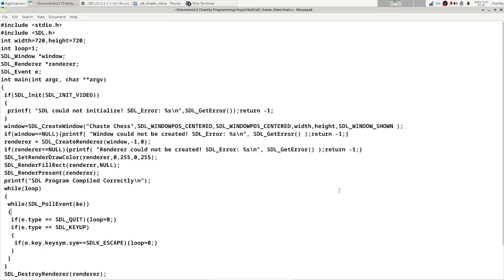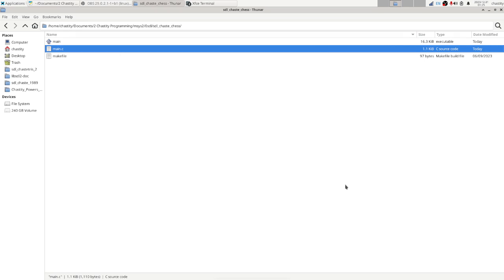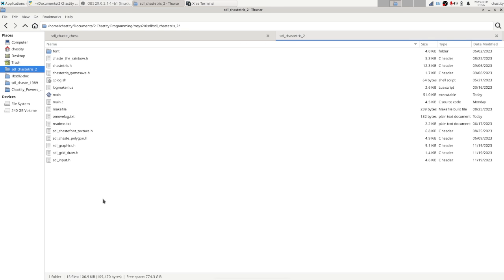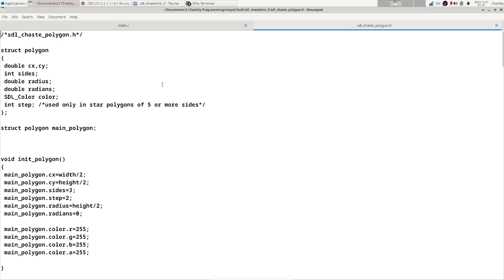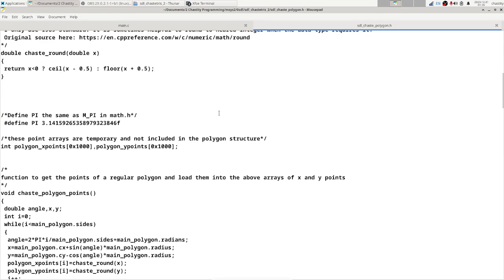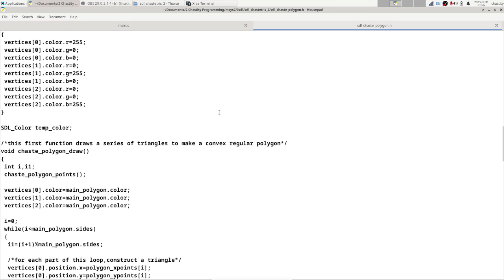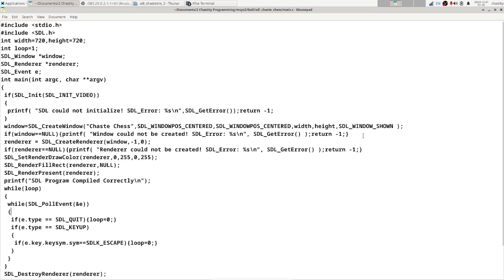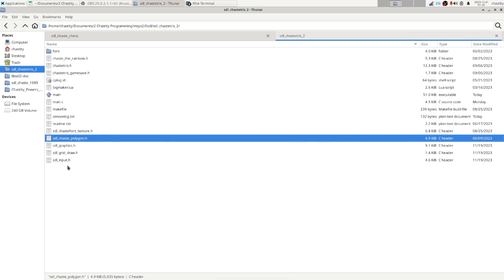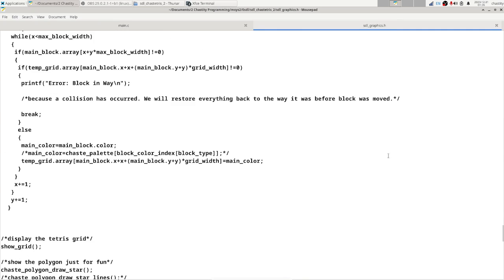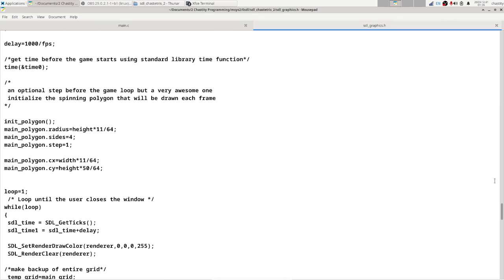Now to achieve the checkerboard, I'm going to import something from my Tetris game. So I have this right here. So, struct polygon. Wait a minute. Okay, this is about my polygon, but where's my... okay, yeah. So I know I had, okay, SDL graphics. Let's see here. Do I have